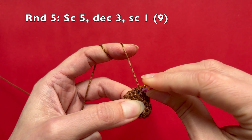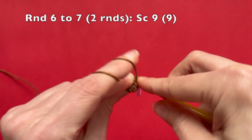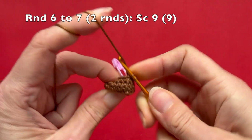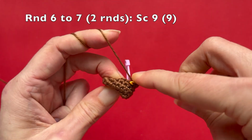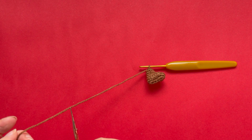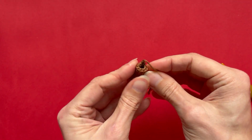So now our round has 9 stitches, and in round 6 and 7 we simply single crochet in all 9 stitches. So once again I'll just leave you to it. You can pause the video and hit play once you've crocheted 2 rounds of 9 single crochet. Round 6 and 7 are done now, and so we can fasten off now. We don't need a long yarn tail here because we will use the yarn tail of the trousers to